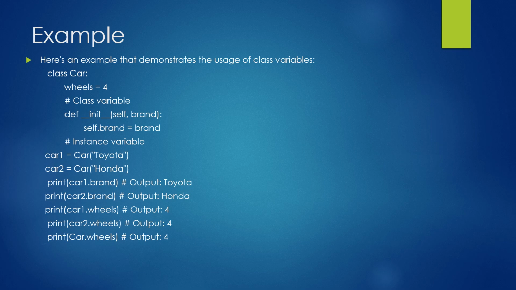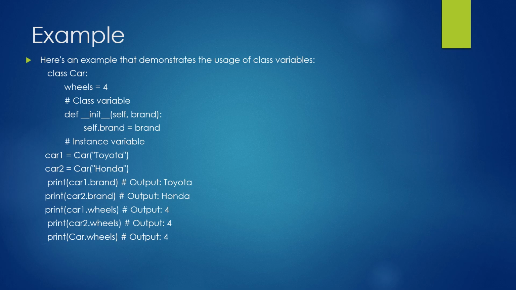Self.brand equals brand. Here brand is the parameter and this is the instance variable. And we created objects for class Car, car1 and car2. car1 equals Car of Toyota. Here Toyota is the argument to the init method, which is the brand. And car2,